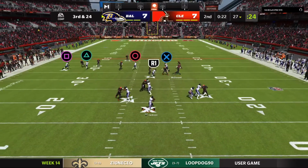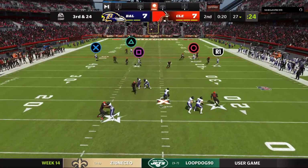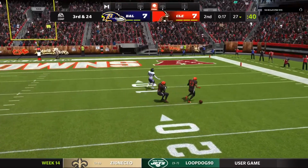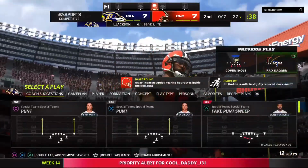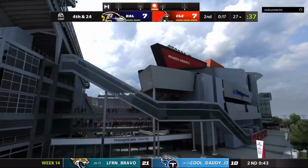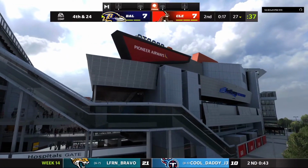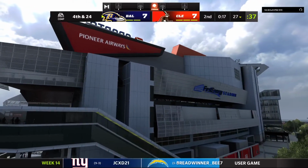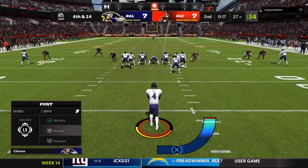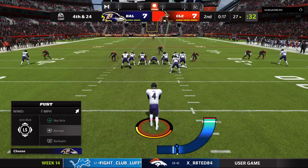Here's Jackson, escaping the pressure right, taking a deep shot here for Hardman, and unable to connect. Incomplete. I'll give them credit. They took their shot, but it's going to bring up 4th down. Certainly no lack of aggressiveness here. They were hoping for the home run play to get them 6 points. They're hoping for a catch, maybe a call, but they figure they can at least get into field goal range